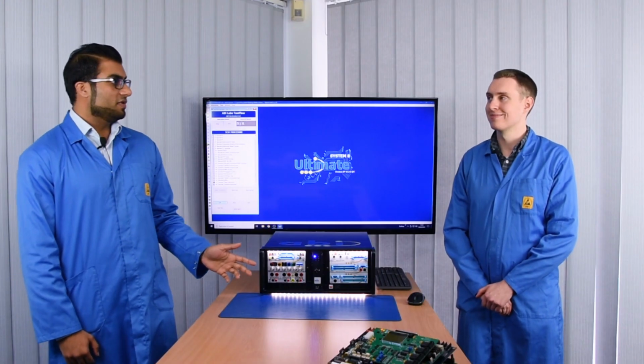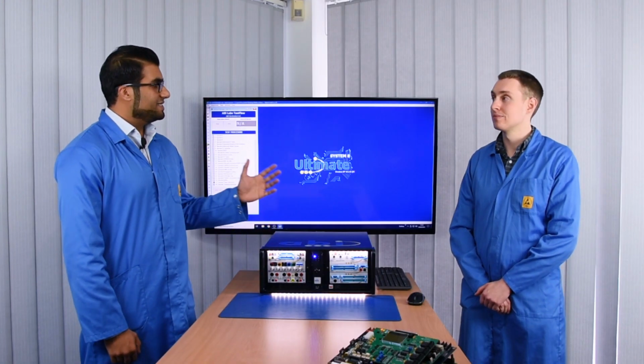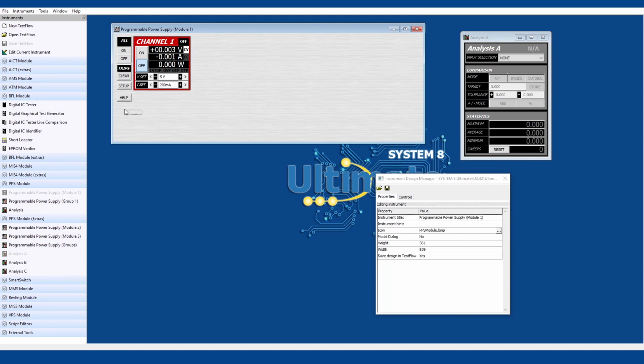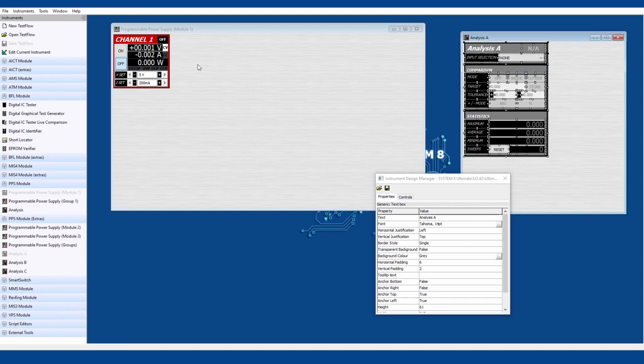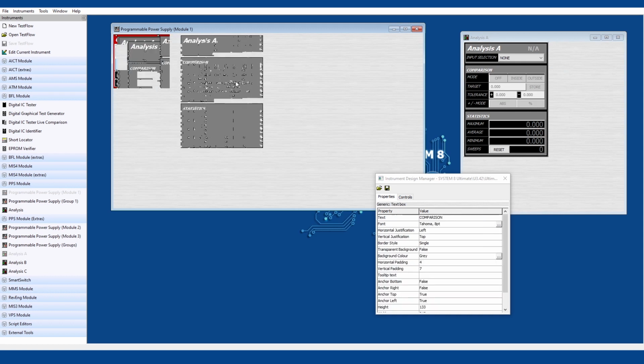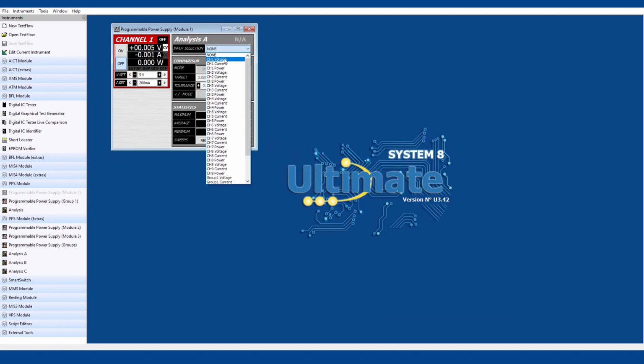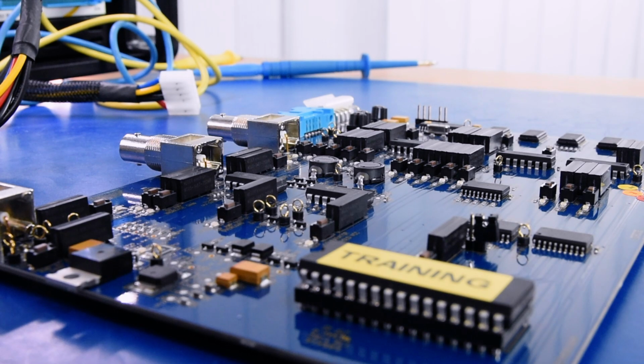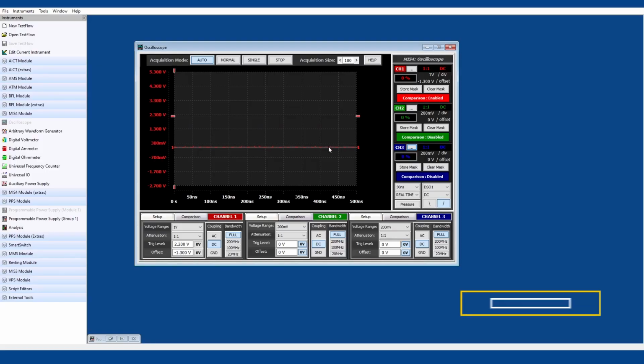That's impressive, Oliver. So how about customizing existing instruments? Are we able to do that? Of course. As you know, all our instruments are preloaded into the Boardmaster. You don't have to create any of these from scratch. So I'll be showing you how to edit an instrument already existing on there. You can save it as another file, it's not permanent, and you can also move that across your test flows as well. I'll show you how you can edit an oscilloscope.